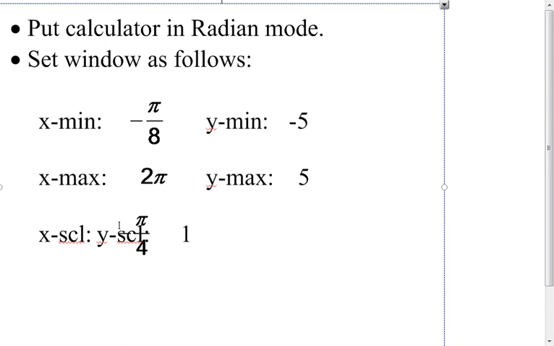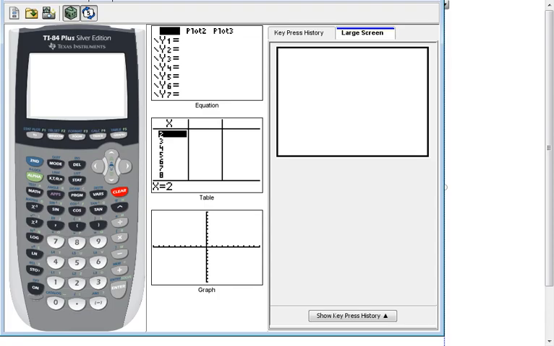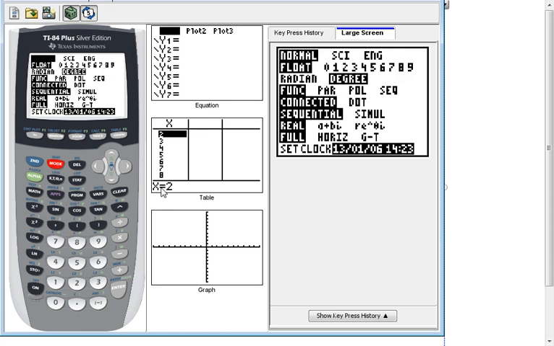So you're going to press the mode key on your graphing calculators, and then this is how I want you to set your y min and your y max and all of that good stuff. So I will help you do that here. We are going to go to our graphing calculators. I'm going to press mode right now, and I want to make sure that my calculator is in radian mode. So I'm going to highlight radian and hit enter. And then I am going to go up top to my window key,